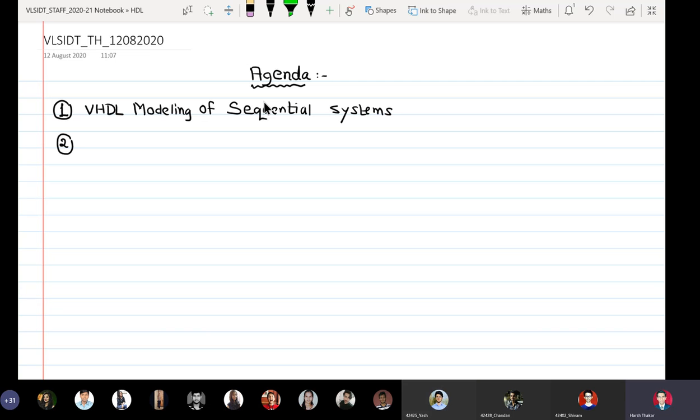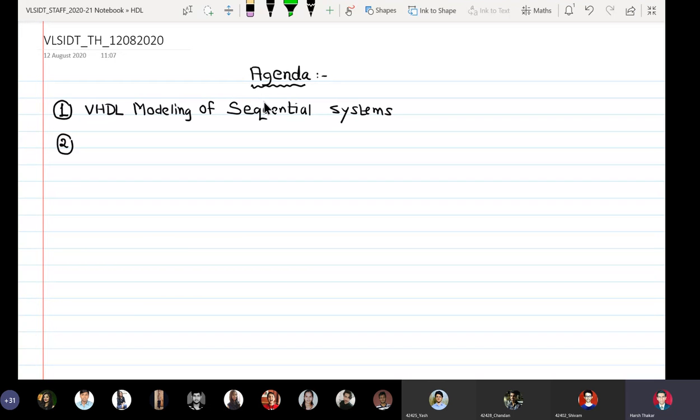Correct. So that is why, if I'm going to design a system which is represented by 3 bits, then I'm going to use 3 flip-flops. If I know the next state and the present state, and I want to design using flip-flops, then I'm going to write what is called a state table, if you remember. In a state table, the first columns will be present state and next state. For example, if my next state is 1 and the previous state is 0, then I just need to apply 1 at the D input, and as soon as the positive or negative edge comes at the flip-flop, my output will become 1.